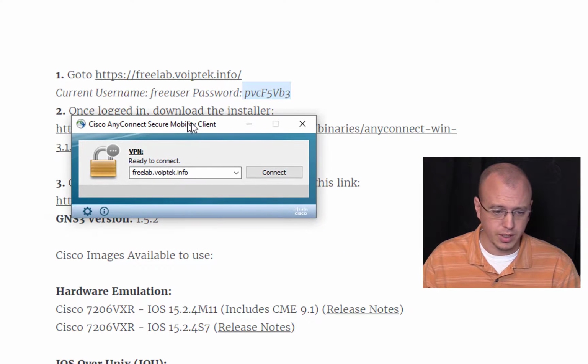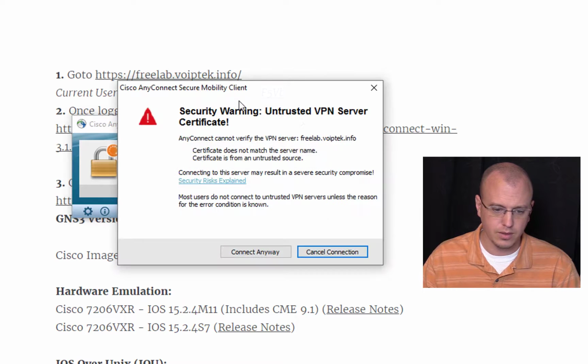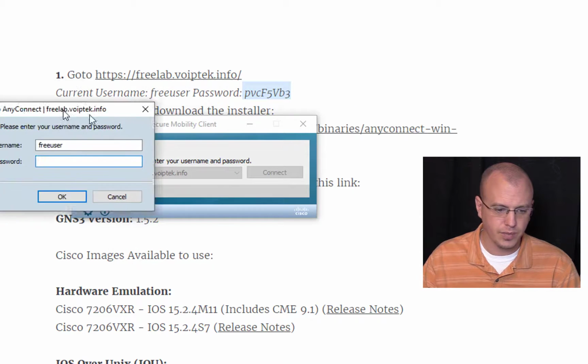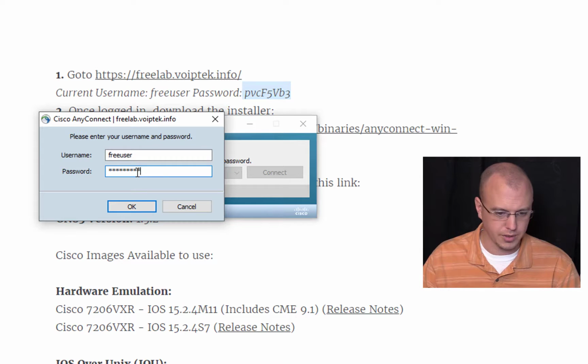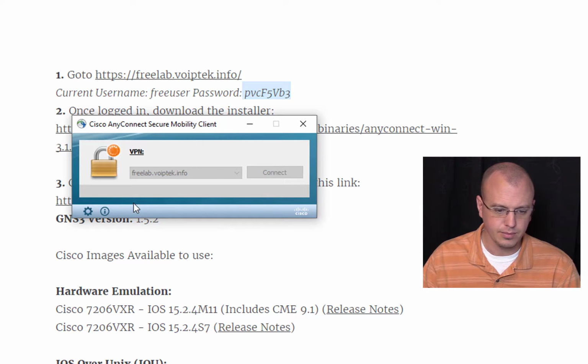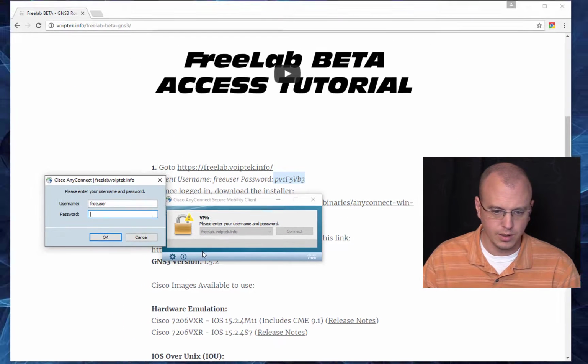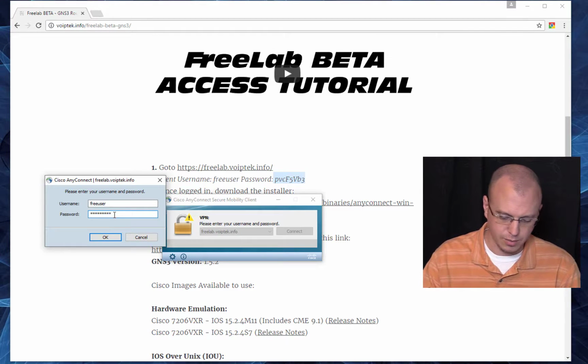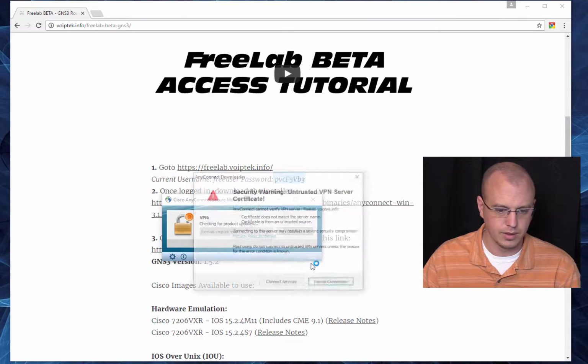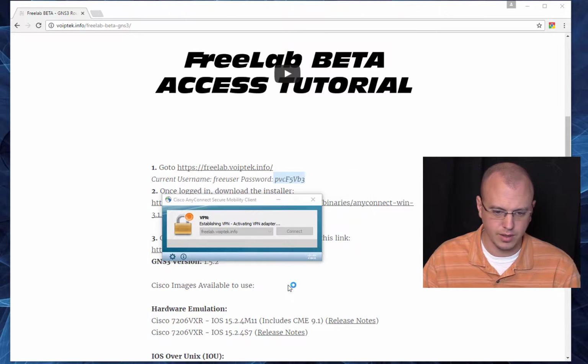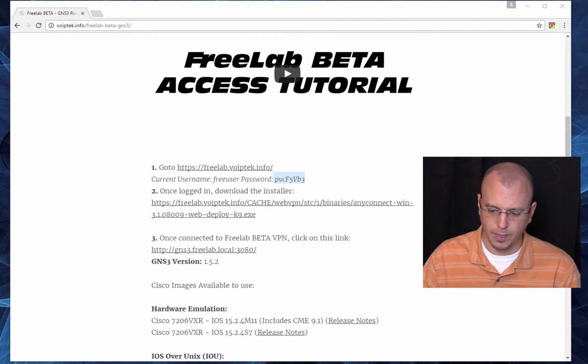So anyway, we go to freelab.voiptek.info, connect anyway, and username free user, and we'll paste in the password here. I think I have a leading space on there. Didn't copy it right. And connect anyway. Alright, so now that we're connected,